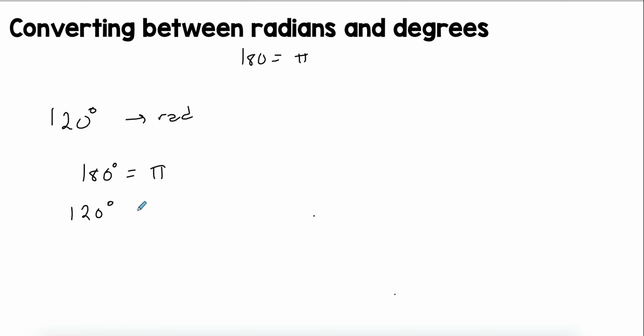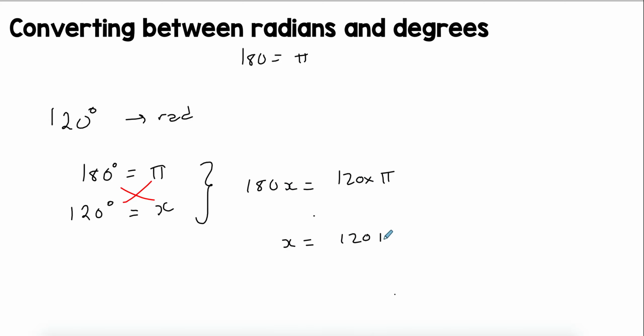So this is 120, and then you have the x. So now that I have the equivalences, I can cross multiply. So that gives me 180x equals 120 times pi, and then you solve for x, so you have 120 times pi divided by